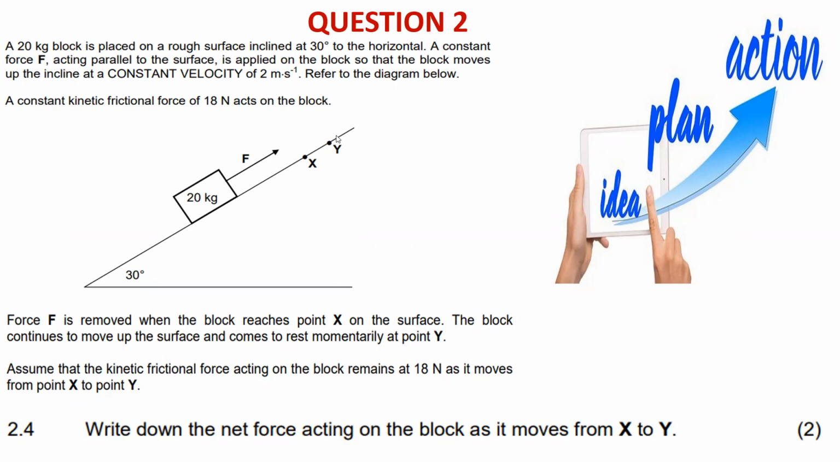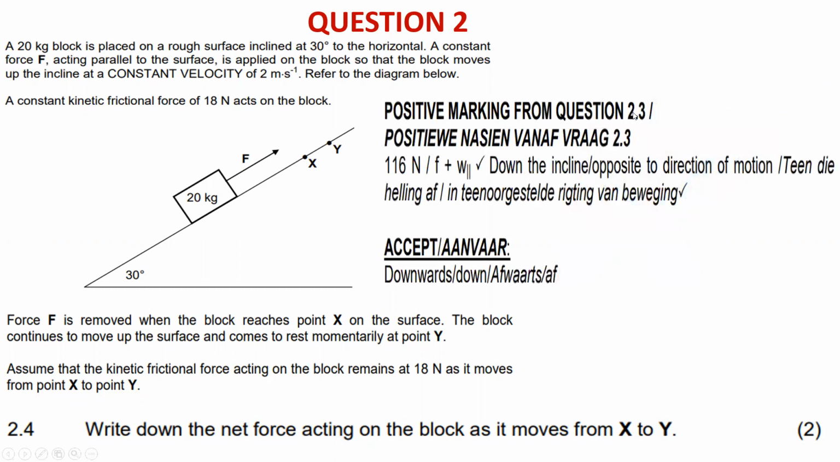Velocity is 0 there, because the force was just pushing it up, and then because of friction it slowly gets slower and finally stops at point Y. And then they're asking you to write down the net force acting on the block as it moves from X to Y. Let's see how we are going to calculate it. Positive marking from question 2.3, because you calculated the force already, 116, using the same force,